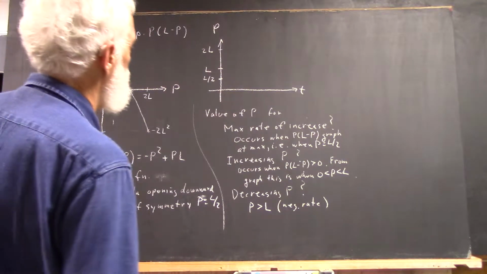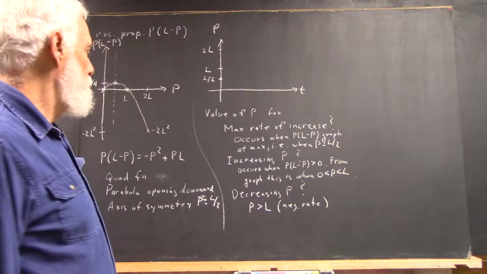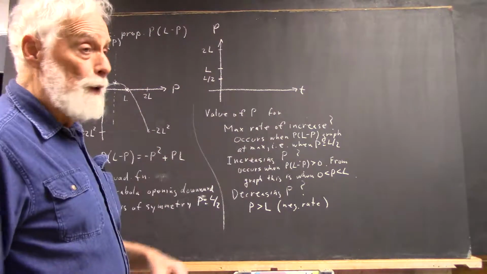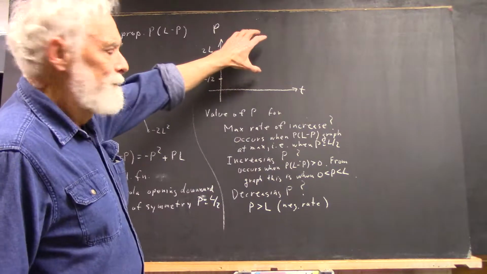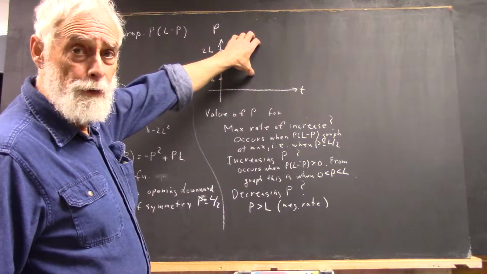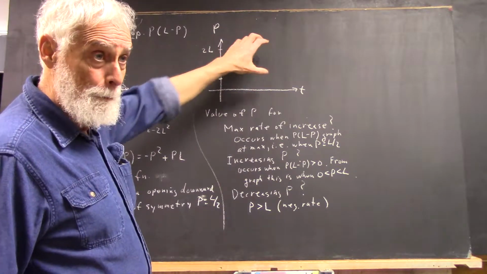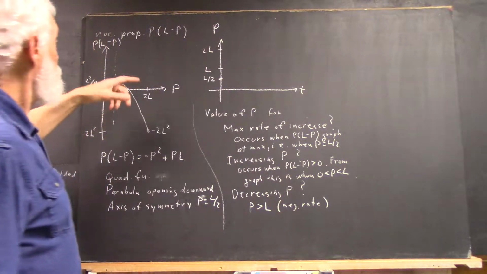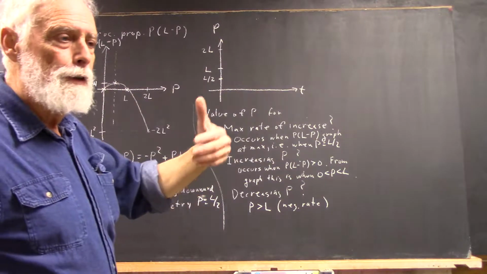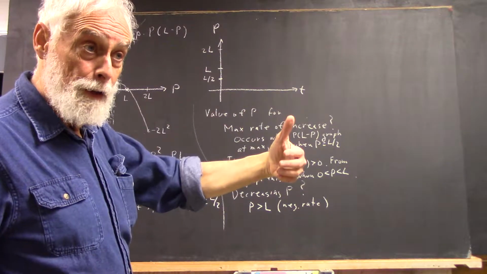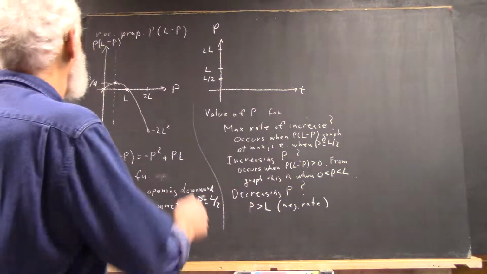Okay, so we've established, first of all, it took us a little while to really understand how L influences this graph, okay? Well, first of all, our condition is that 0 is less than or equal to P less than or equal to 2L, okay? So,